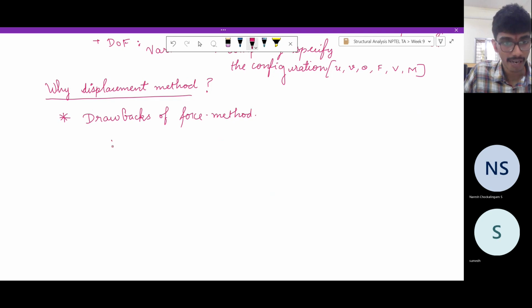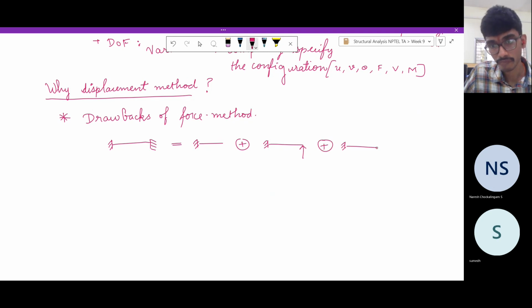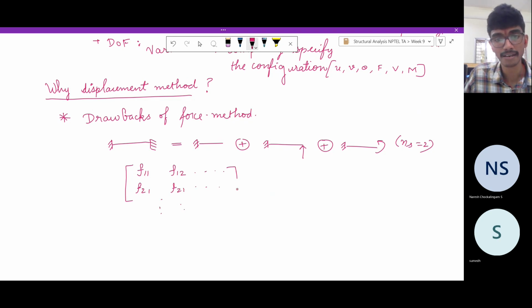If you recall, if we have some structure which is statically indeterminate, we construct a primary structure which is statically determinate, and then determine the unknowns by using the principle of virtual work. But when we use the principle of virtual work, we got a matrix which is called the flexibility matrix, F11, F12, and so on in general. In this case, it is only two, it is statically indeterminate to the second degree. So in general, this matrix can be as large as it can be. The size of this matrix is as many redundant forces as there are,